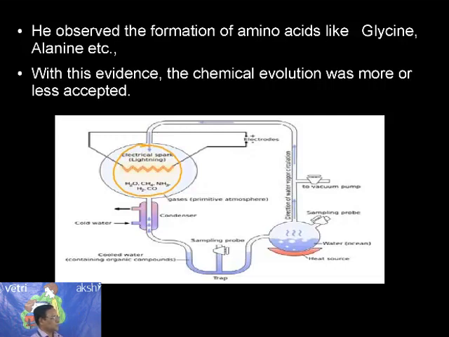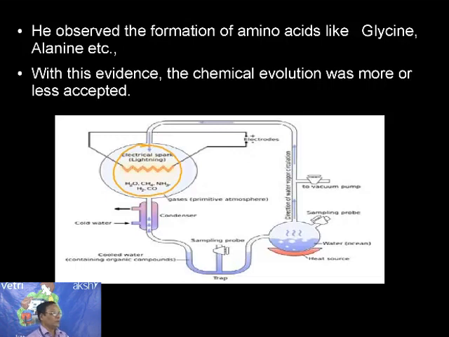vapor. So this is the experimental setup. Water vapor is provided by the boiling of water in a conical flask, and that is sent towards the electrical spark area, and ammonia and methane are also supplied, and all these components combine together. By uniting all these molecules with the help of energy provided by the electric spark, Miller was able to isolate certain primitive and simple amino acids like glycine and alanine. With this experimental proof, the chemical origin of life has been completely accepted by most scientists.